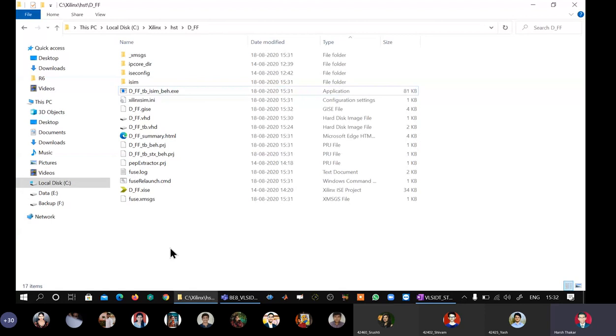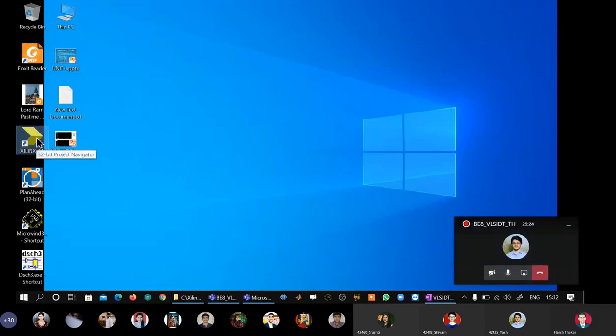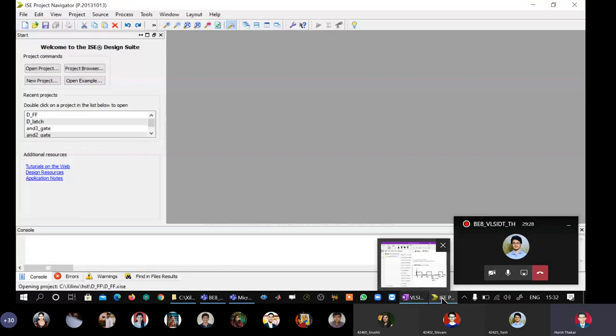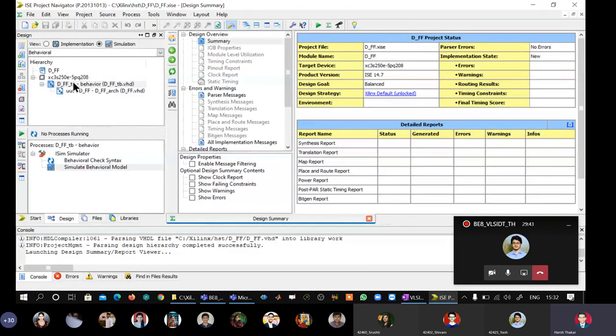I'll have to restart my system. That's a unique kind of problem, so I will not go for that. If that simulation runs after I restart my system and delete that bear.exe file, then that particular uninitialized state, which was coming a few nanoseconds after t equal to 0, will go away. No problem. We have already observed the output of the D flip-flop.